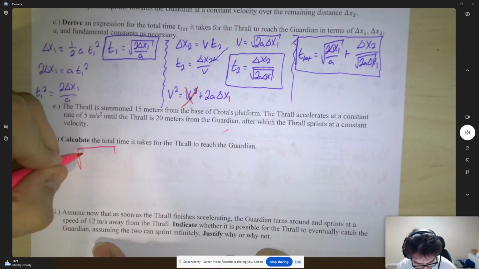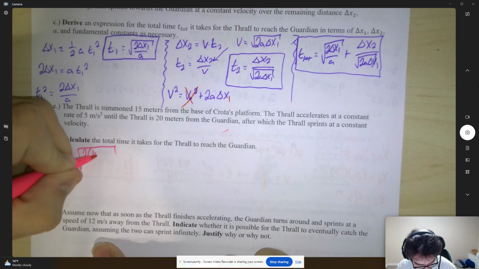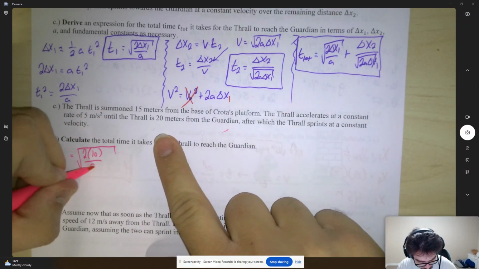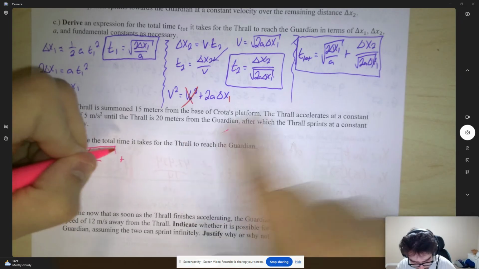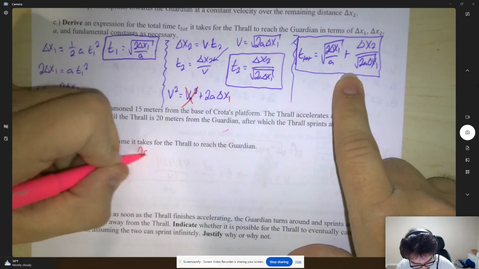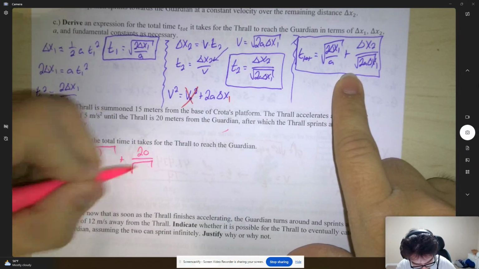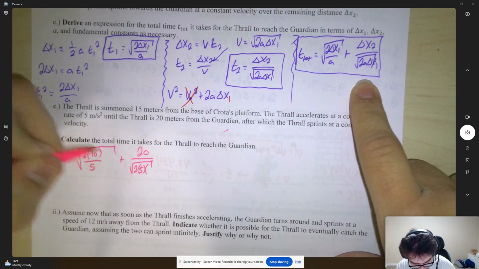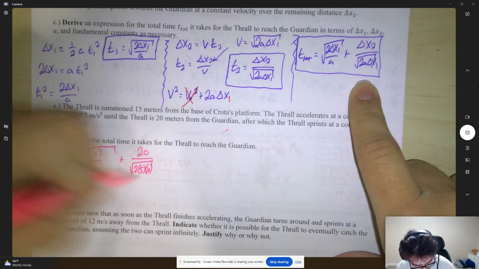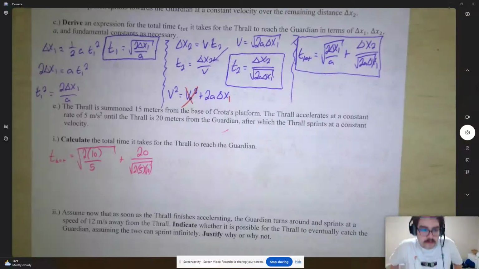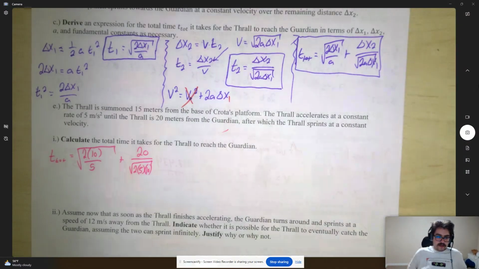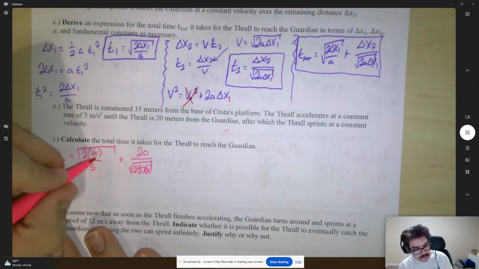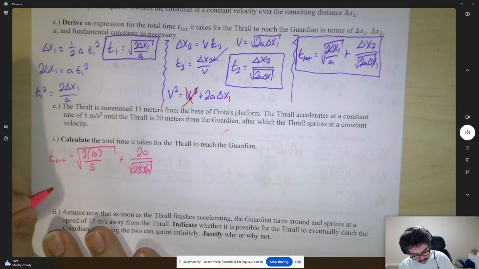Delta x1, 2 times 10 over the acceleration of the thrall, which is 5, plus delta x2, which is 20, over the square root of 2 times the acceleration, 5, times delta x1, which is 10. 2 times 10 is 20 over 5 is 4. Oh my gosh, I think the numbers do come out really nicely. 2 times 10 is 20, divided by 5 gives you 4, so t total